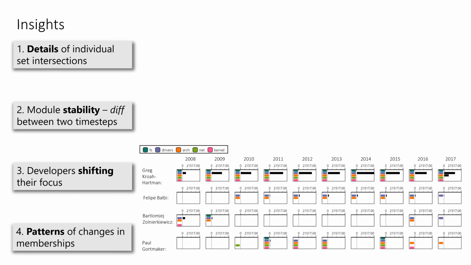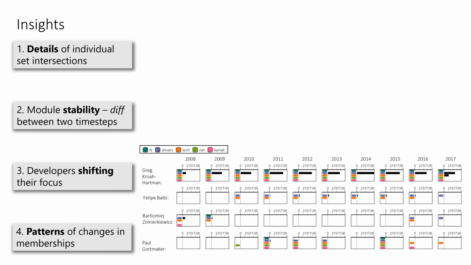Next, let's see the differences in patterns of contribution activity in some of the developers. Through evolution charts, we observe stable and consistent contribution patterns to 2 modules by Philippe and to all 5 modules by Greg. We also see an inconsistent contribution across time steps by Paul. Additionally, we observe that a developer, Bartlomeej, contributed in the first and last 2 time steps with a gap of 6 years in the middle.